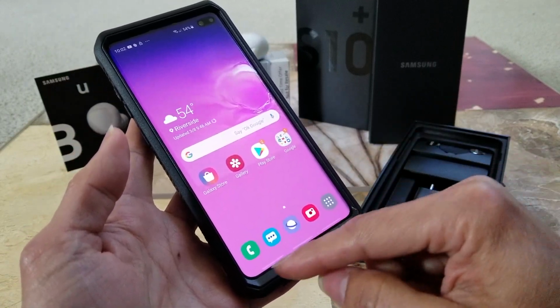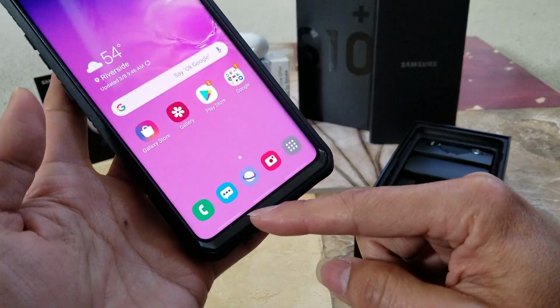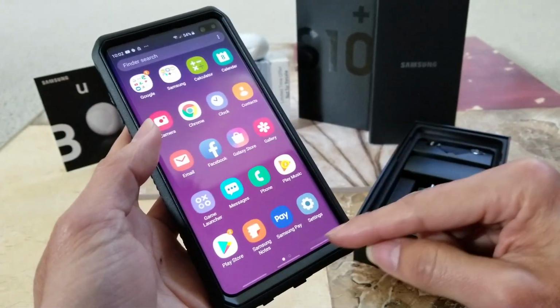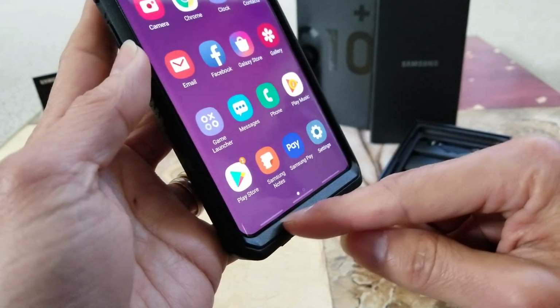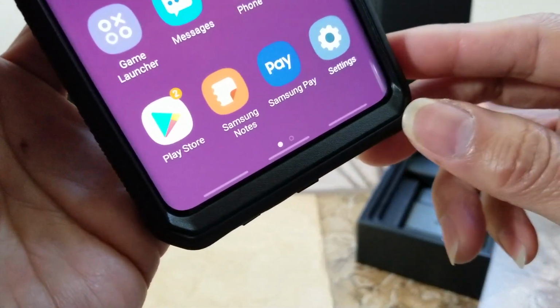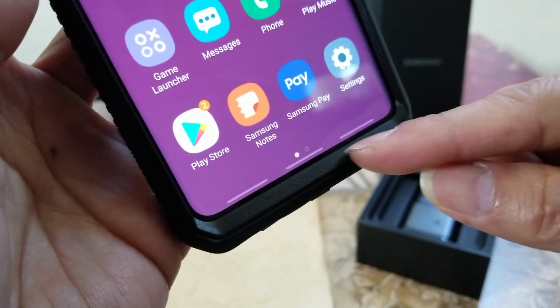Hopefully this will help you guys out and enjoy your full screen instead of having those icons, the navigation bars on the bottom, obstruct your view. Instead of the bar, you just have these lines, the thin white lines. Okay,